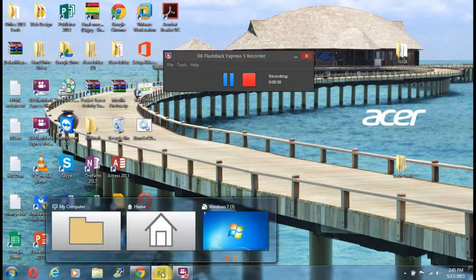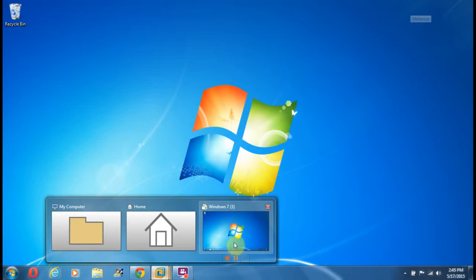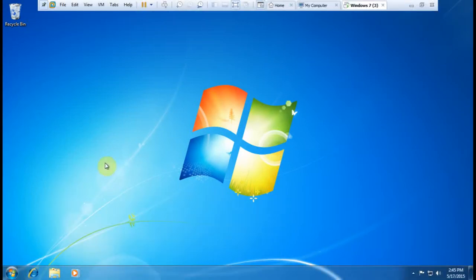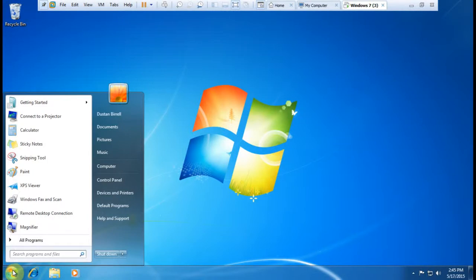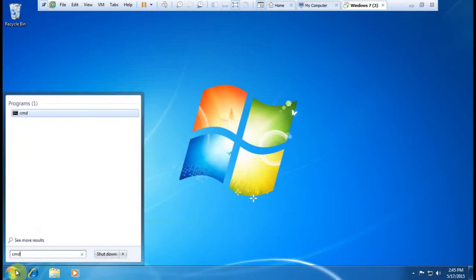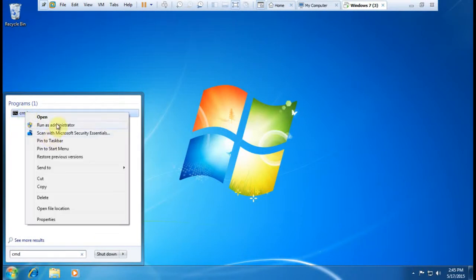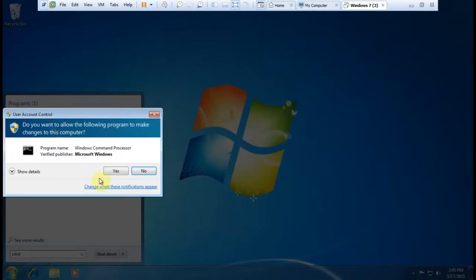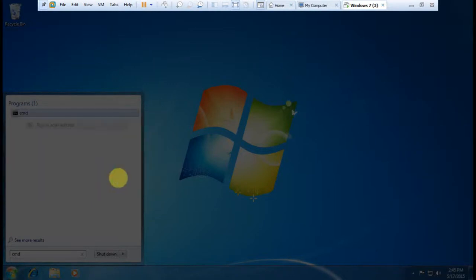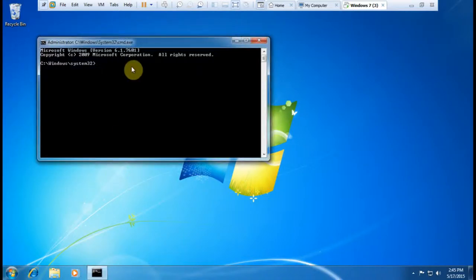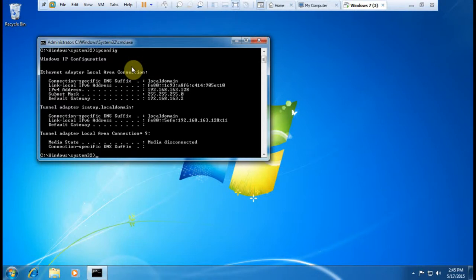So I'm going to get into my virtual machine, which is already conveniently open. And just go down to the start button right here and type in CMD. As this pops up, go up here and right click and run as administrator. When this pops up, just hit yes. And inside here, we're going to do an ipconfig. And as this pulls up,